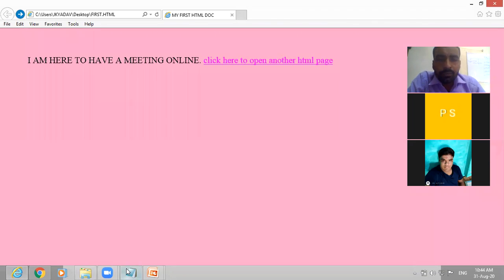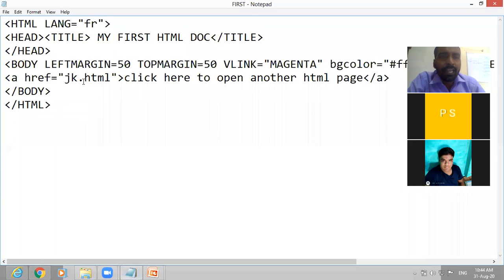Now suppose if I give here an attribute dir equal to RTL. Now what will you see? The text appears from the right side. Then I can tell you right margin.